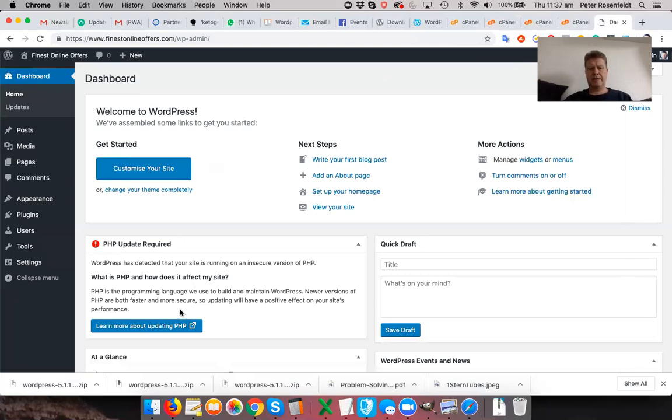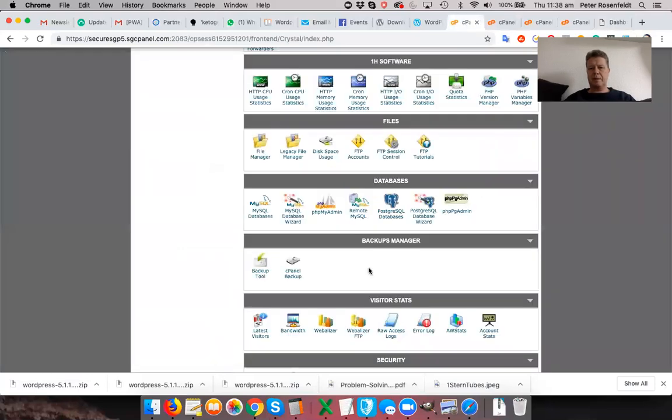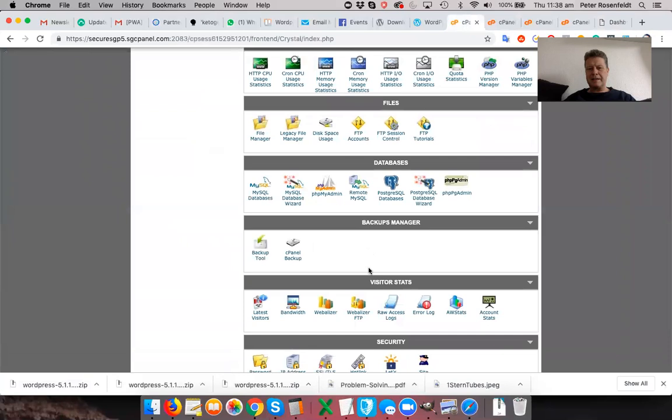But right now, I'd just like to address this issue here that WordPress has found. PHP, that is the protocol that your server uses to communicate with your database and the website. So you need to actually update this. Now you can go ahead and contact your service provider and tell them to update, but you can also do it yourself very simply. So back on cPanel, there is a